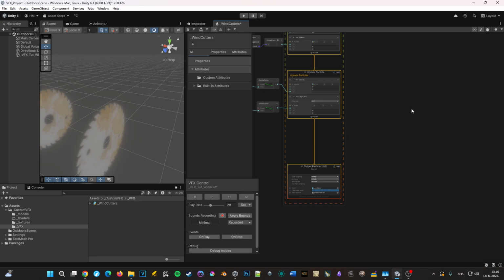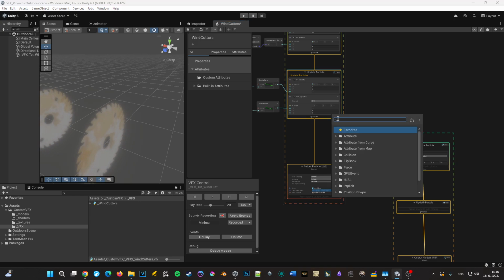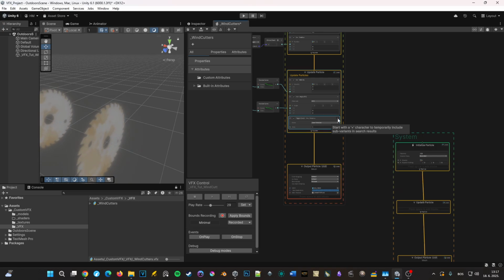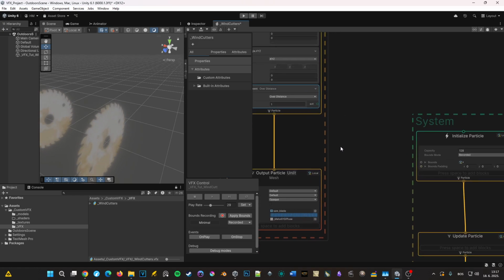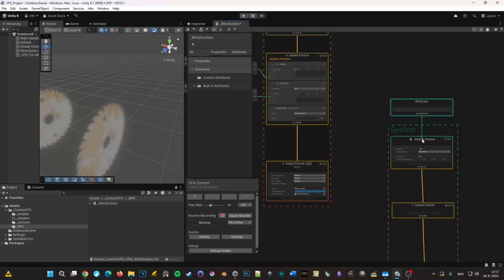So we delete this, not everything, oh my god. We just delete the spawn one. And in update particle, we add something called trigger on event. All right, so you have several trigger on events. You have on die, you have on collide, but we want one called over distance, right? You have over time, you have over distance, you have on die, you have always, you have on collision. You have billions of options in Unity 6 that you don't necessarily have in previous versions, but we specifically want trigger over distance. So now you add a node called GPU event, you connect the GPU event to initialize particle, you connect this to this. So now,